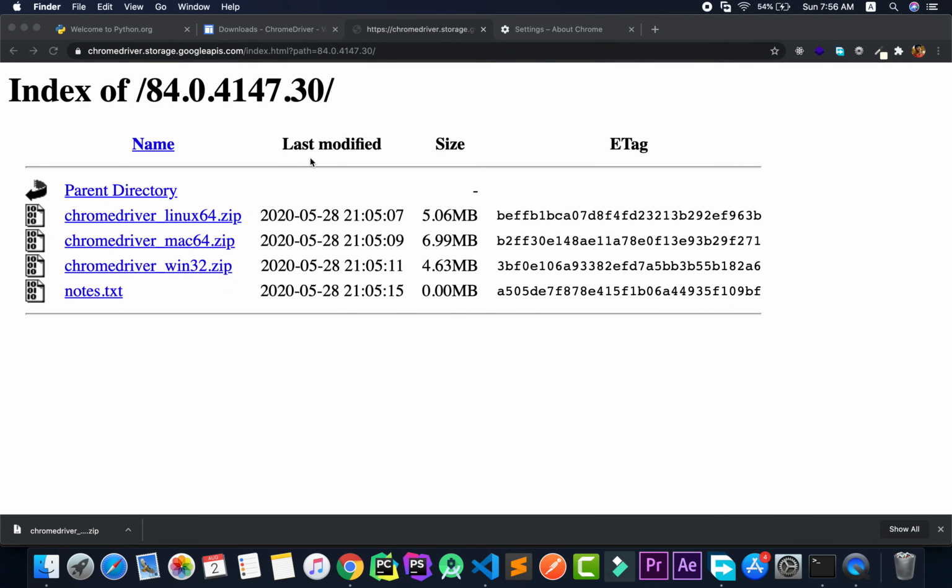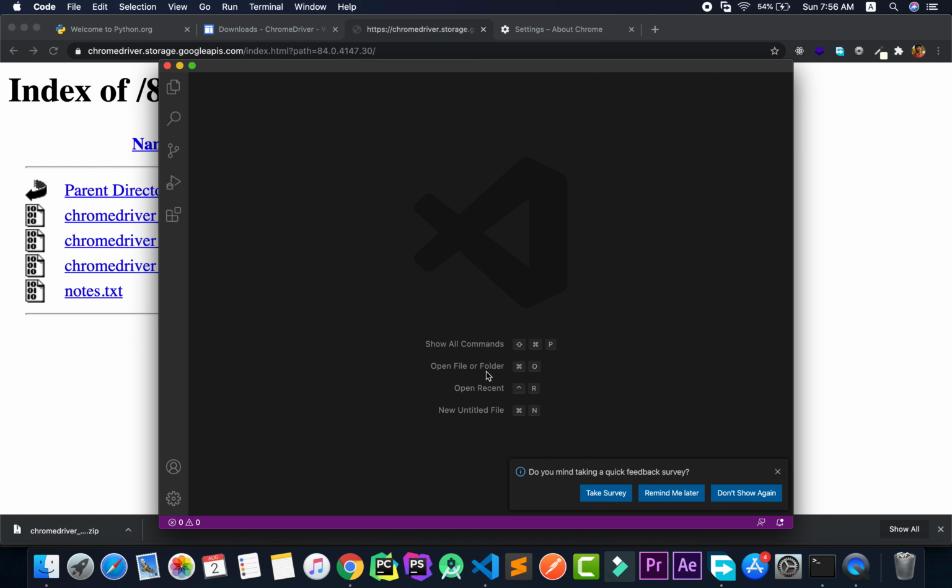Now we are good to go with our series, but before that we'll talk about one more thing, that is Visual Studio Code. This would be the editor that we would be using to code. During the Python automation videos, we'll be using VS Code as a code editor. You can of course use any of the code editors.